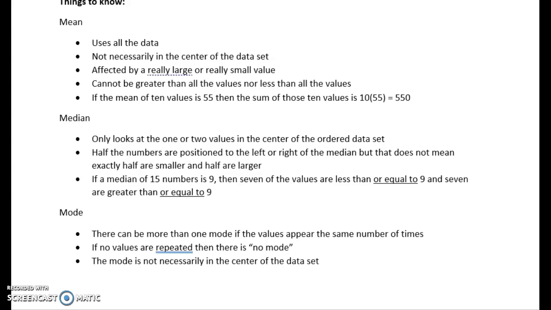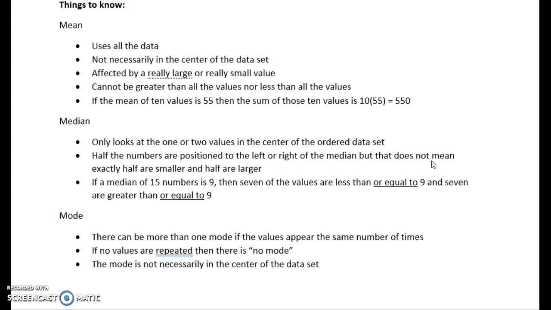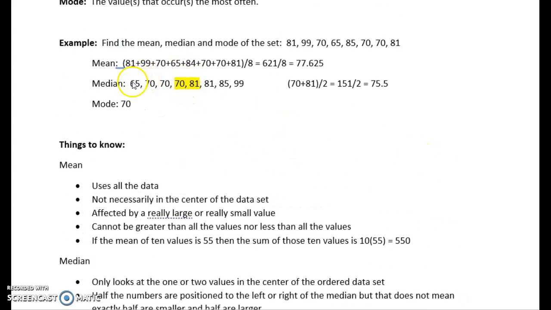And now for the median. The median only looks at the 1 or the 2 values in the center of the ordered data set, so it really just relies on that 1 or those 2. Now half of the numbers are positioned to the left or right of the median, but that does not necessarily mean that exactly half are smaller and that half are larger. If we go back to the example here, the data set here is in order. The median we said is 75.5. In this case, half of the values are smaller and half of them are larger,